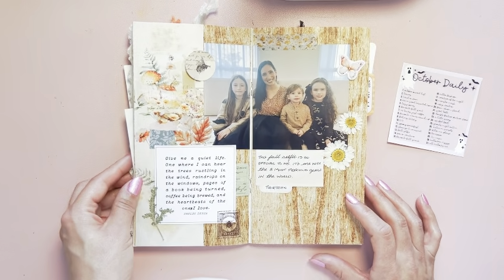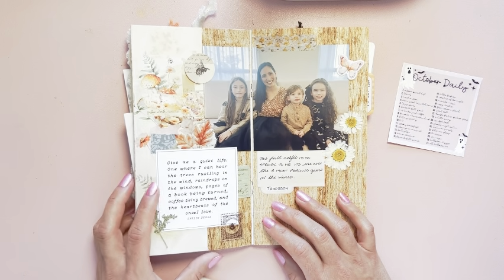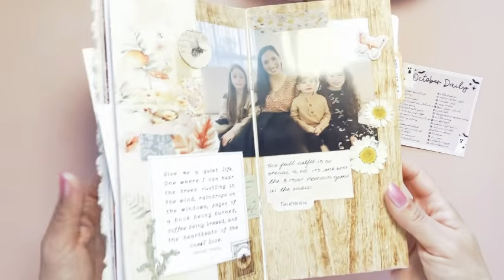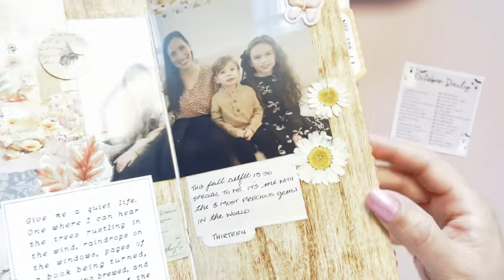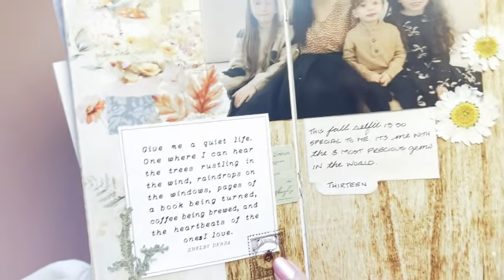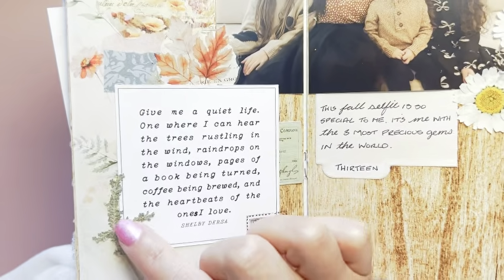So day 13 is fall selfie. And I actually at this point hadn't taken a fall selfie, and I really wanted to document this photo. So this photo was taken on the 6th. So I wanted to make sure it was in the album, and I thought this was a perfectly fine place to use it. So I ended up using the Little Bee Cottage collection from Cocoa Daisy, so their September collection, and they had these beautiful pressed flowers, which I am so happy I got to use. I used some of the puppy stickers, the washi, 2 types of papers, the rub-ons,